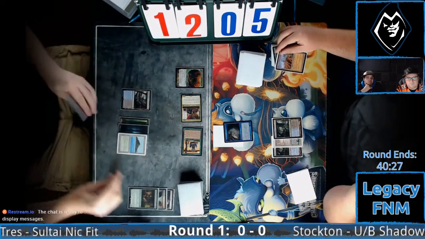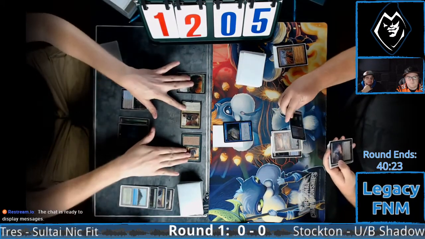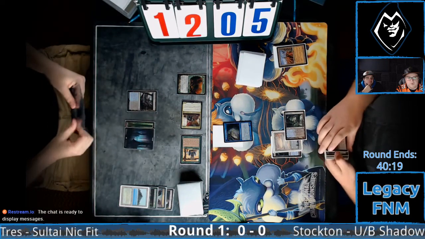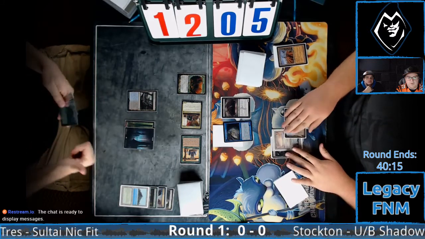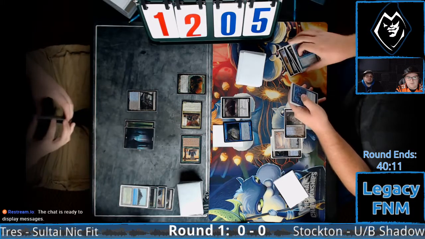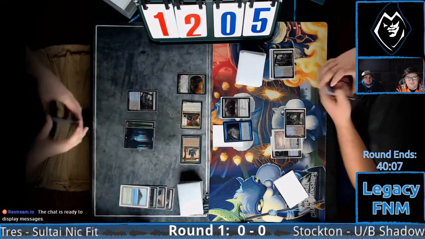Okay, so Wasteland's going to happen, and Trace remembers his trigger off of Leovold this time. And so that's going to keep Trace off of this Thragtusk. Oh, okay. He did have a Gurmag Angler. Gurmag's the play. Interesting. Okay. So that definitely allows...